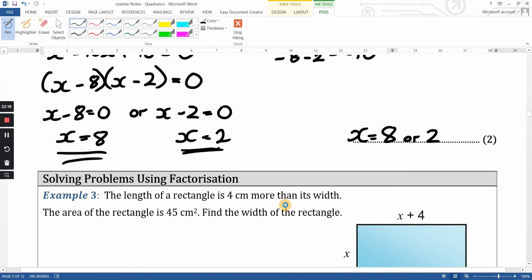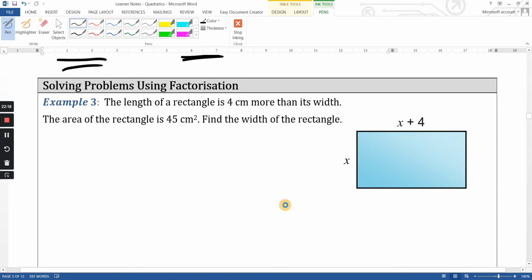Let's move on to the next section. So, solving problems using factorisation. Let's have a look at this example. The length of a rectangle is 4 centimeters more than its width. Area of the rectangle is 45 centimeters squared. Find the width of the rectangle. And they've drawn what they're talking about. So there's your width,